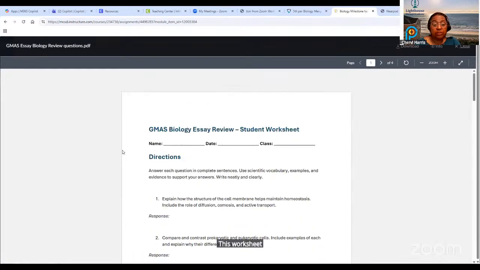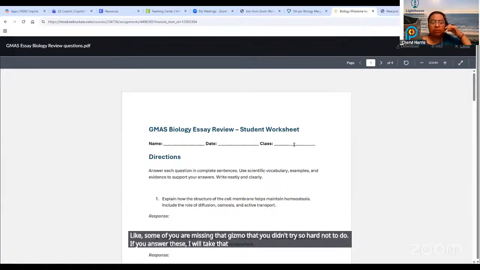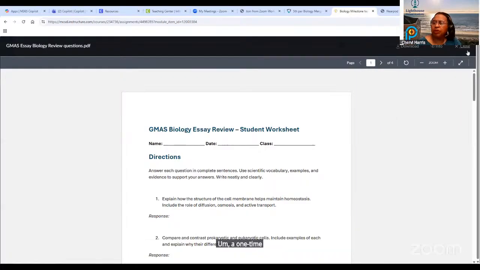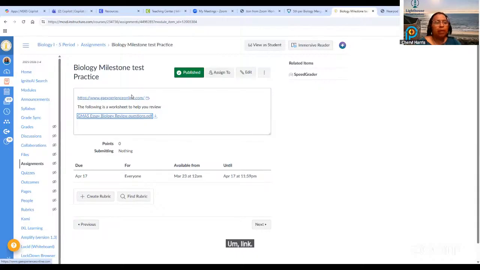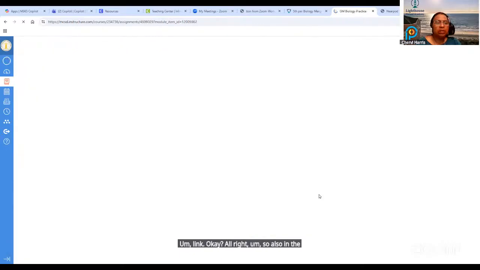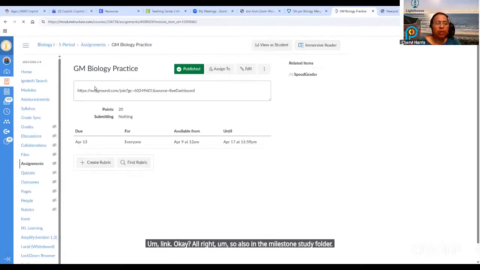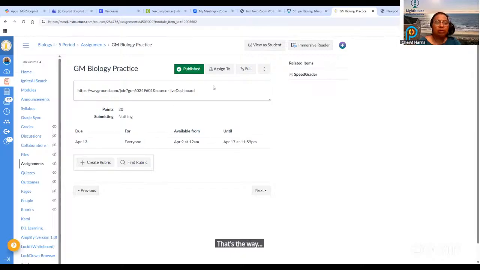This worksheet that says essay questions, if you are missing an assignment, like some of you are missing that gizmo that you tried so hard not to do, if you answer these, I will take that as a replacement grade for the gizmo. A one-time offer, one-time offer. That can be found in the folder that has the online link. Also in the milestone study folder,